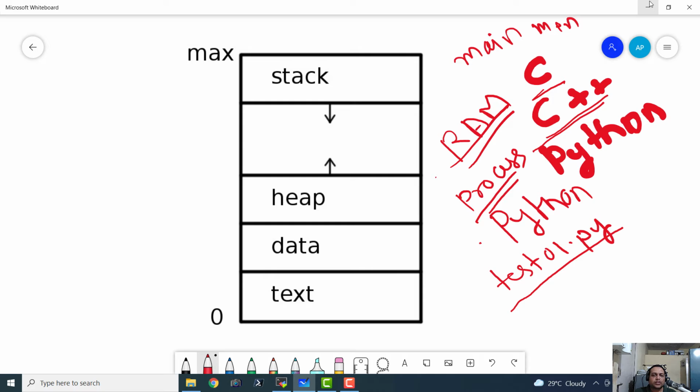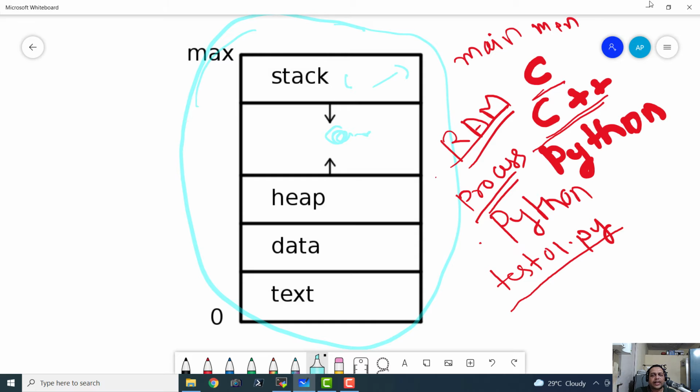Now, whenever a process is loaded into memory, it actually creates a memory map, something like this. Okay, so let me open the highlighter, and it actually creates a memory map shown in this image. So this is the memory map of a process. Now there are certain parts in that memory map. So basically there is this free area, which is not actually allocated for any particular purpose. Then we have got stack.